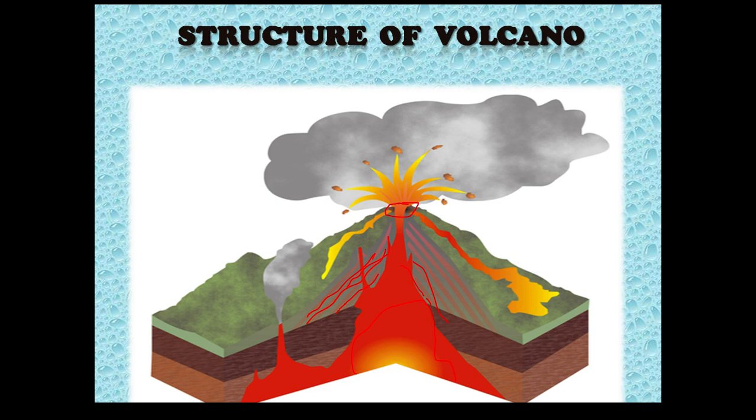Now see what happens. Here the eruption has happened, and you can see the ash clouds. When magma is inside the volcano it is called magma only, but when it erupts outside, it comes in touch with the atmosphere and starts cooling. So it is not called magma, it is called lava.